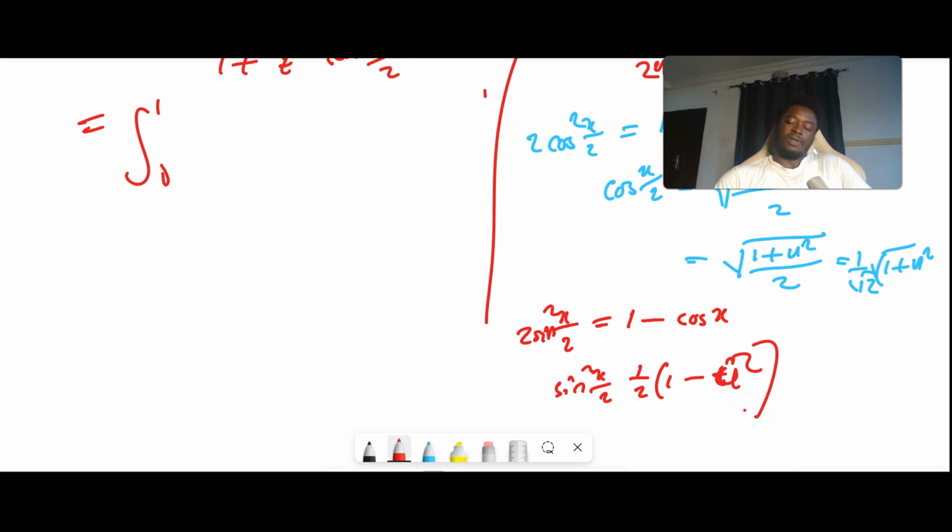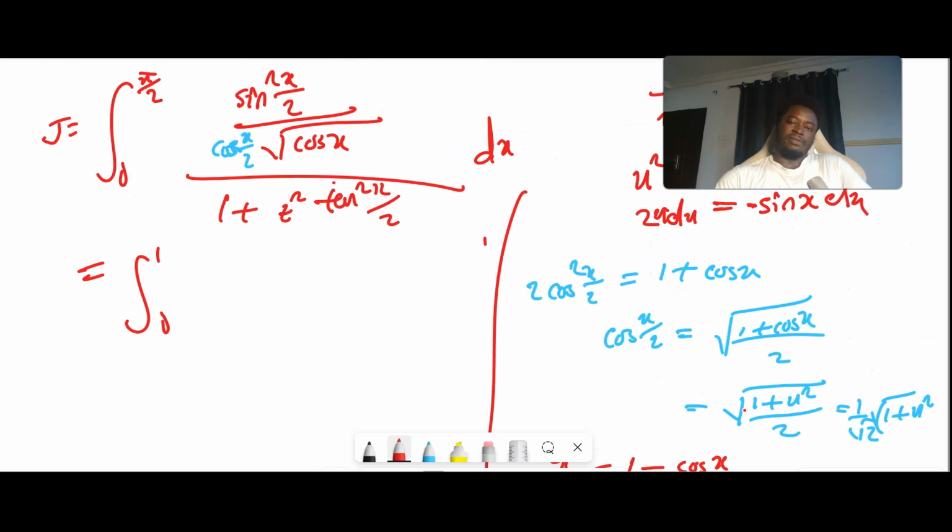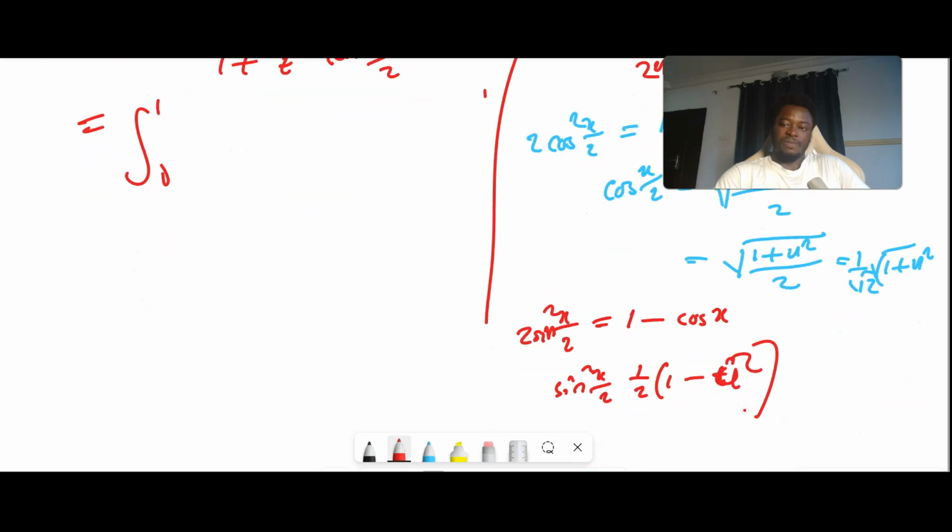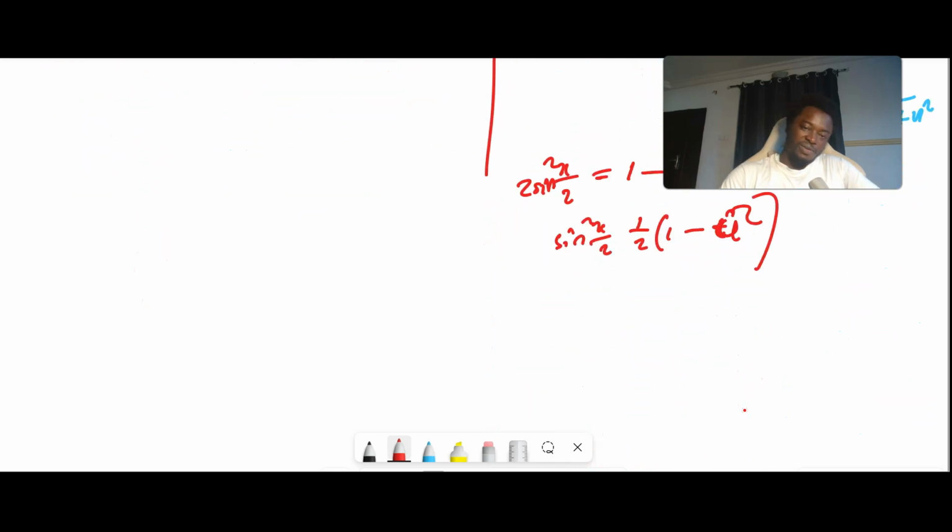Okay, now what about the square root of cosine of x? That one is basically the u. What about the bottom part, tan squared of x over 2? Well, that one is the complicated part, and we have to do it carefully, because you're going to